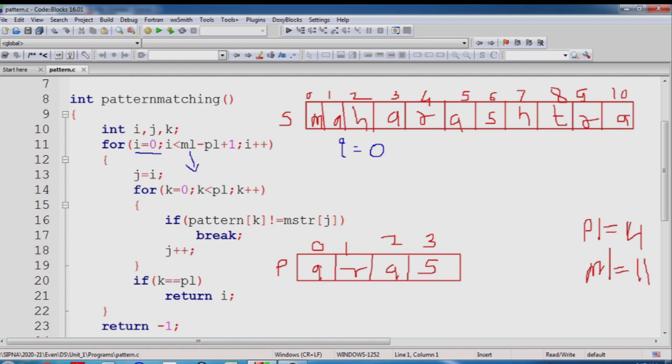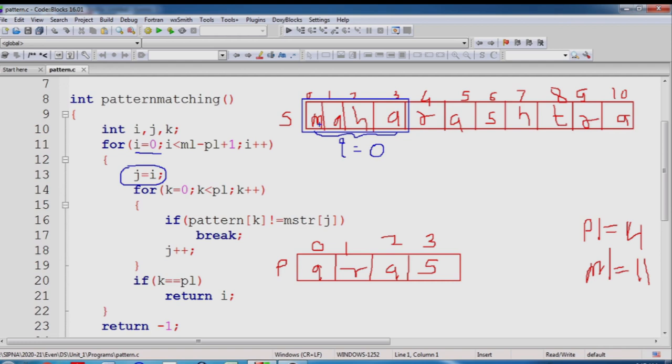It will come inside the for loop. Now this instruction will be executed: j equal to i. What is the meaning of j? j will be used for iterating over the characters of the current substring.